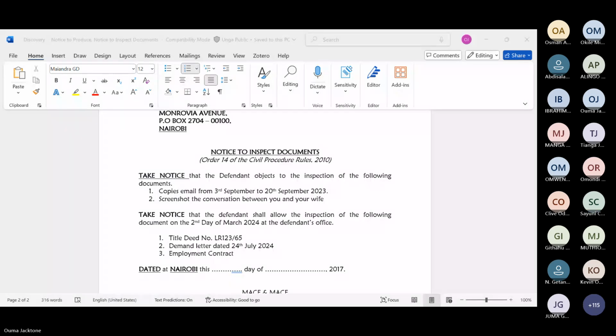Privileged. Yes, those documents are privileged. What is a privileged document? Communication between you and your wife, communication between you and your advocate, and your client. Those are privileged communication. Okay, privileged communication. That the document is privileged.